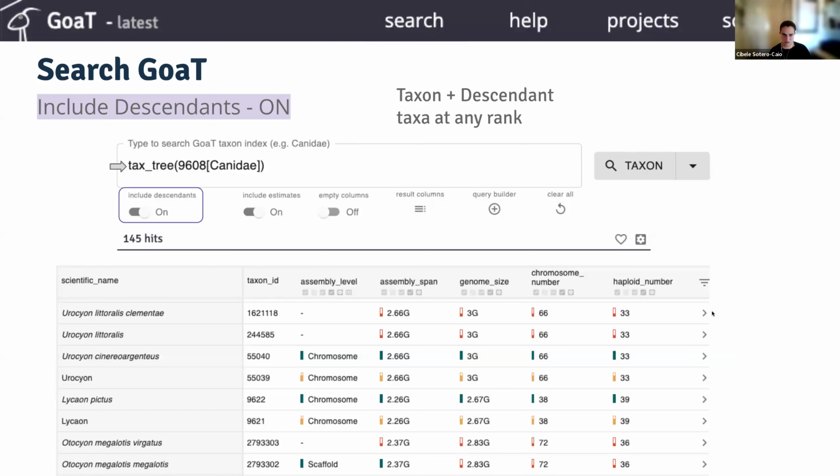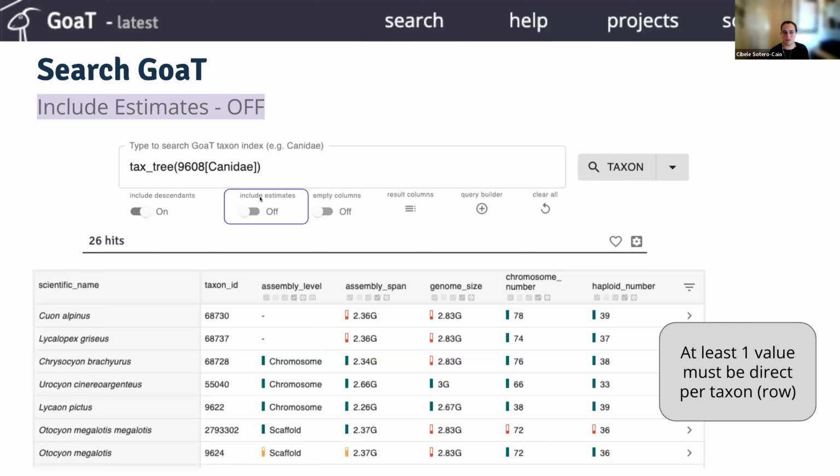One thing that you can keep in mind is that here include estimates is on, right? So you see 145 entries. If you do not leave include estimates on in this general table environment, what it does is it looks at all of the columns that you have, and per taxon, it's going to display only the rows that have at least one value that has been a direct observation.